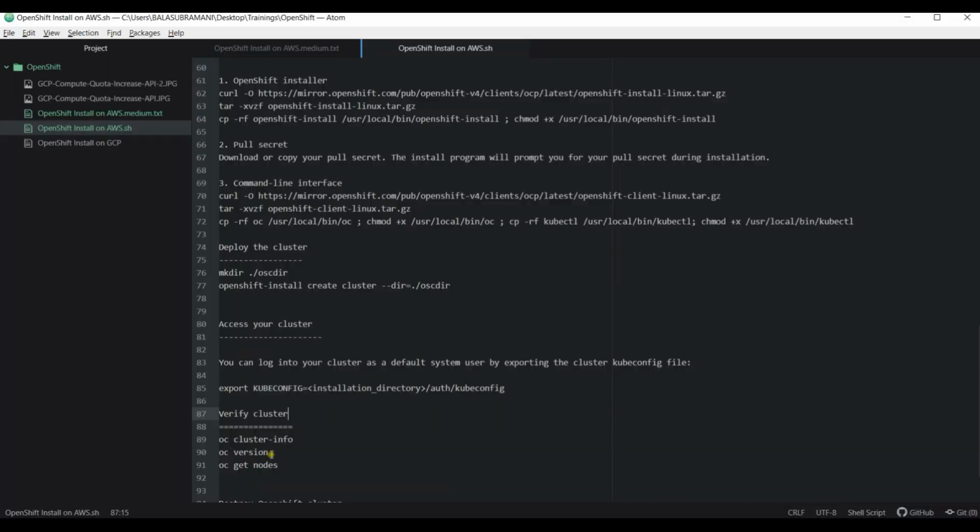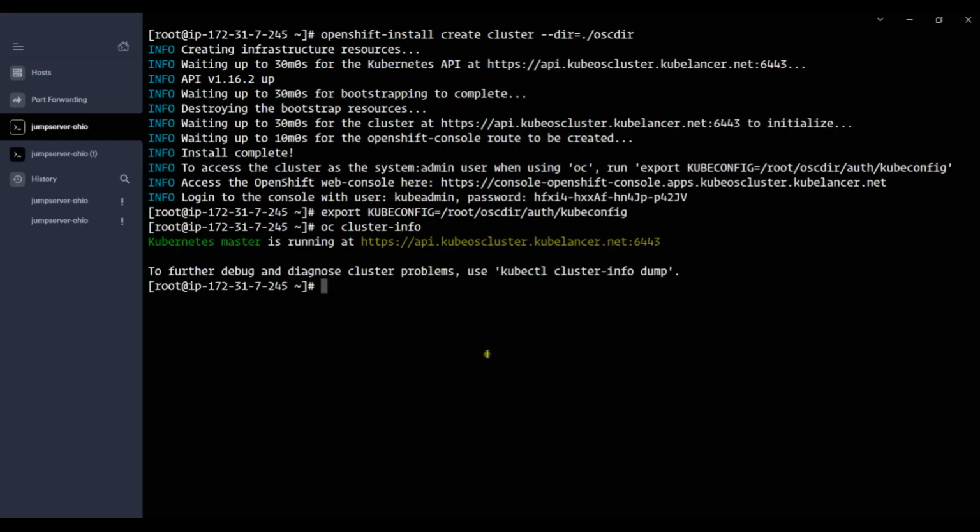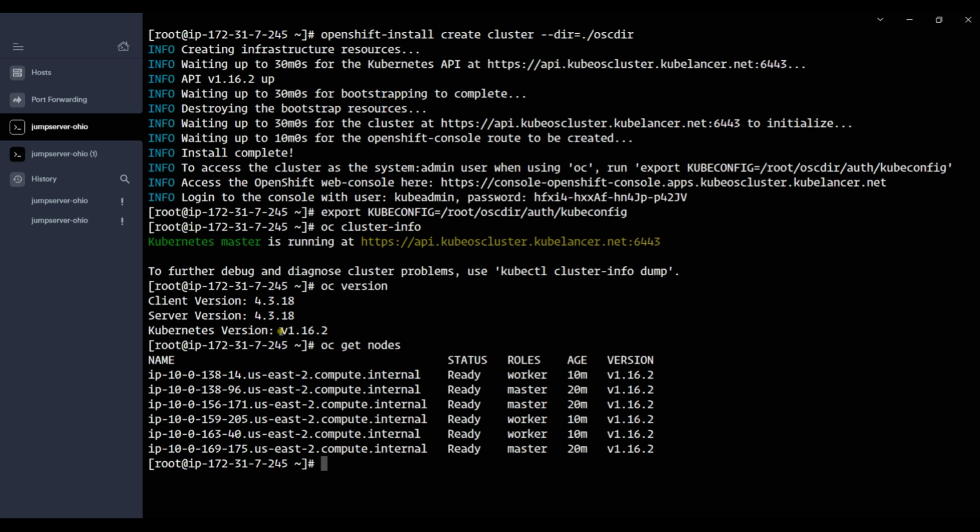First, let me access the command line. I'm exporting the kubeconfig file. Now I'm verifying my cluster using oc cluster-info.